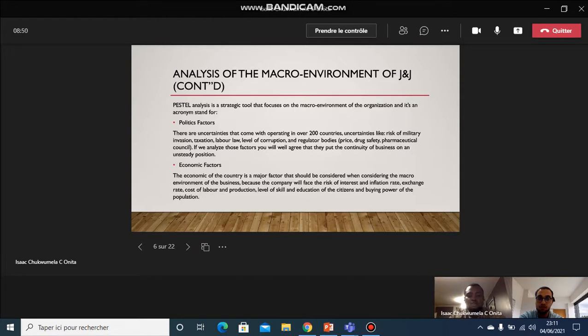Look at the risks of interest rates. Exchange rate is another thing, because that could also have a huge effect on production. Then the cost of labor and cost of production, the level of skills and the education of the citizens. Another, and most importantly, is the buying power of the population, because we know that